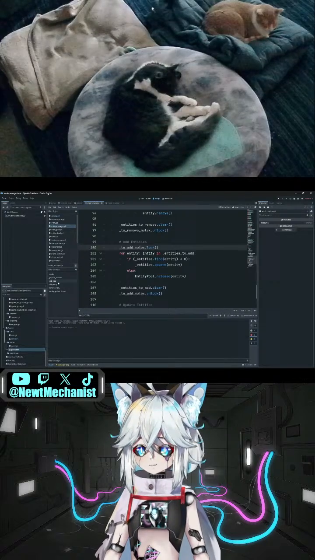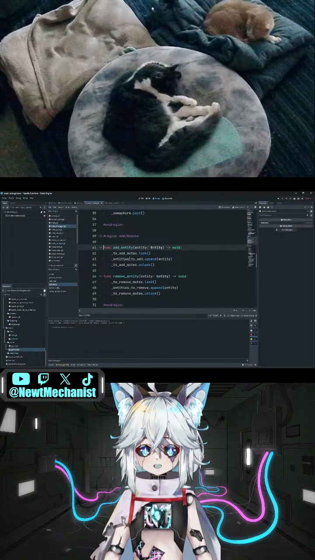Okay, so then when we try to add an entity, right now,